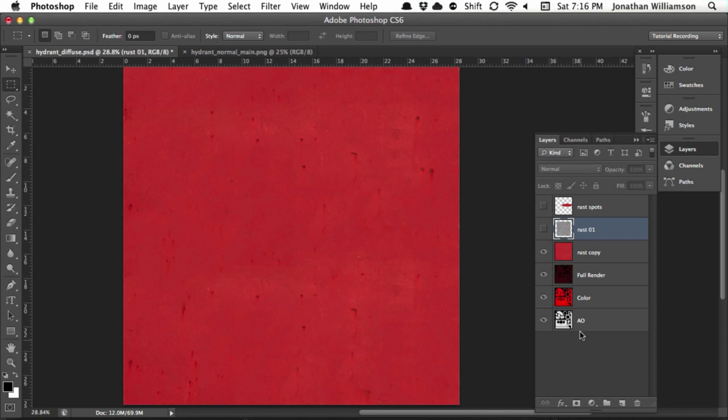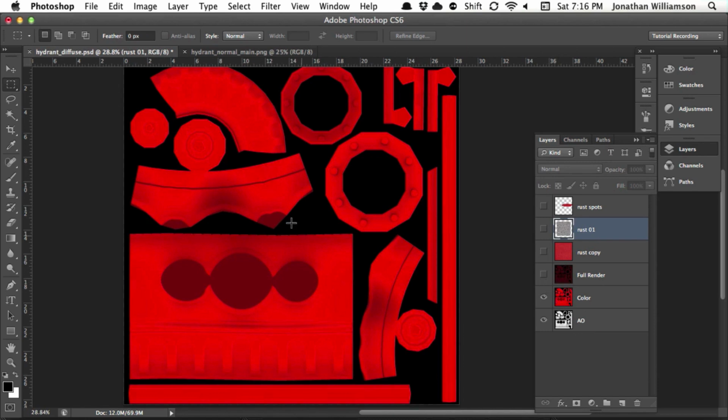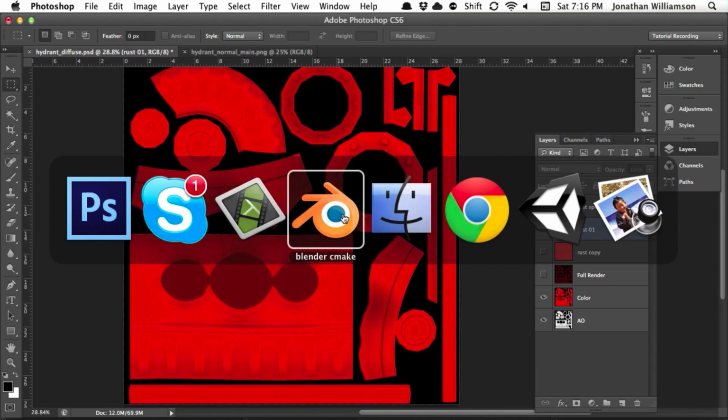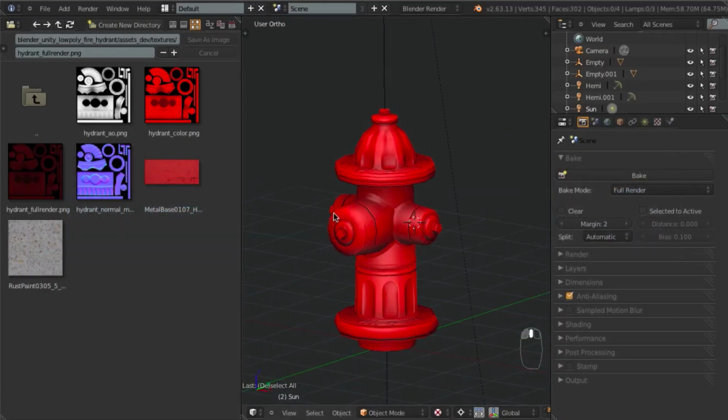Turn those off, and let's go ahead and turn this off. We're going to turn off the full render, and we're going to start actually putting together our textures. So first of all, in Blender, we have our texture map here, or basically our material, and let's select this,